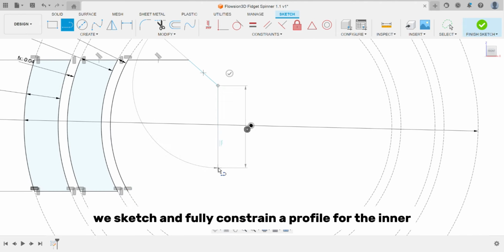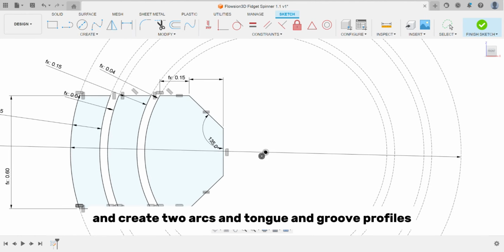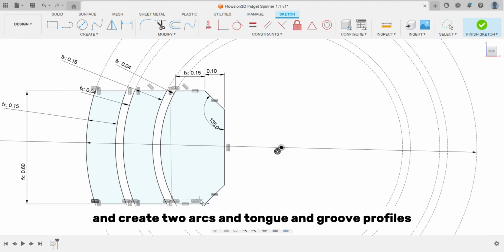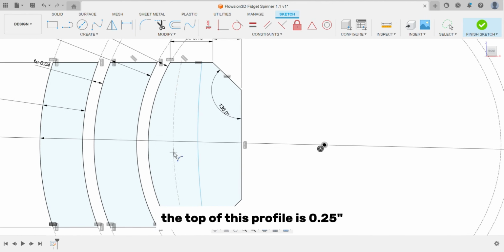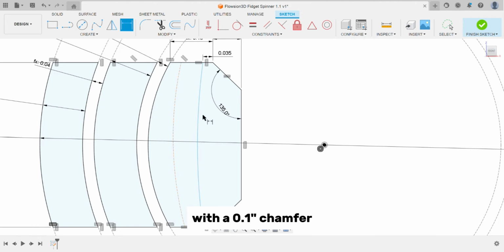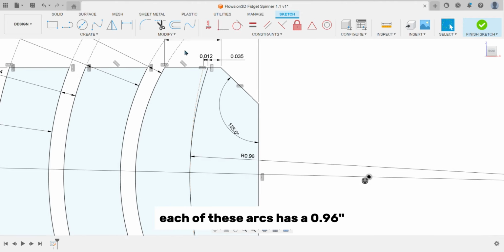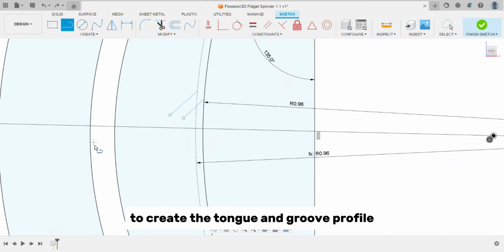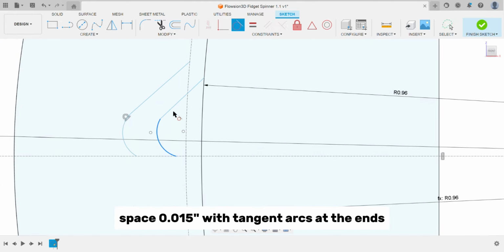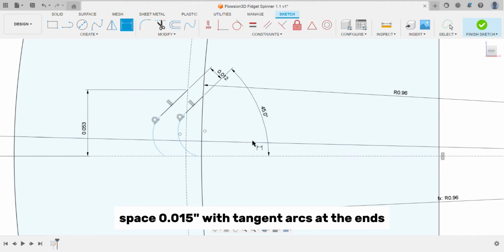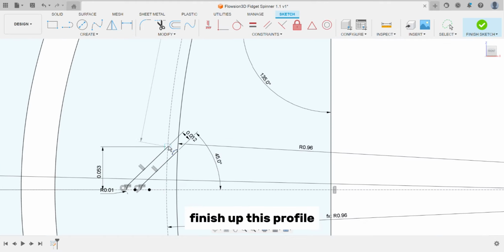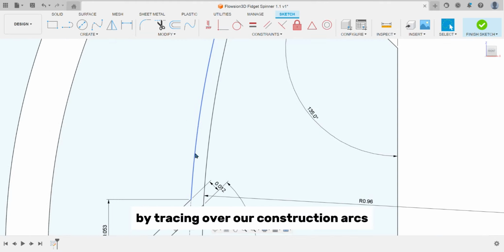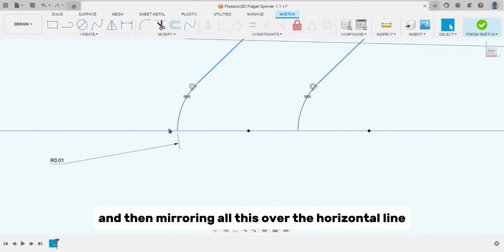We sketch and fully constrain a profile for the inner 2 rings, and create 2 arches and tongue and groove profiles for axial rotation. The top of this profile is a 1/4 inch with a 0.1 chamfer. Each of these arches has a 0.96 radius and a 12 thou spacing. To create the tongue and groove profile, we draw 2 parallel lines spaced 15 thou with tangent arches at the ends. Finish up this profile by tracing over our construction arches and constraining concentrically, and then mirroring all this over